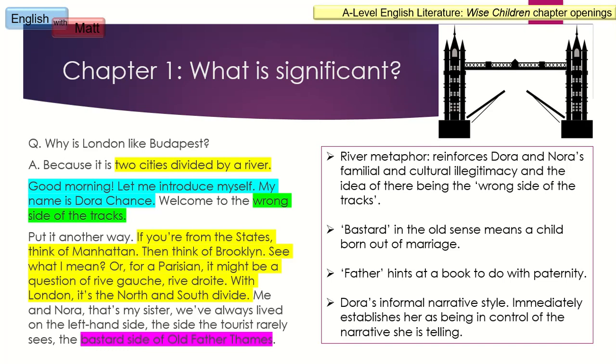And again, in the yellow section here, we have this continued metaphor regarding different cities or different places that have some kind of dividing river or some kind of geographical feature which splits a place into two. And that goes back again to this idea of being on the wrong side and the right side of the family. So, chapter one, really in the novel, is all about family relationships, figuring out this quite complex family tree, right from kind of the late 1800s right through until present day.